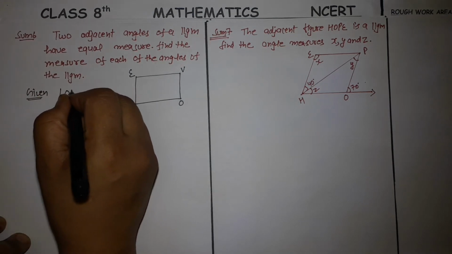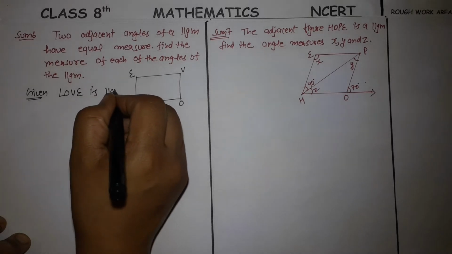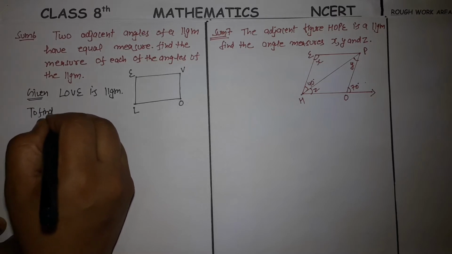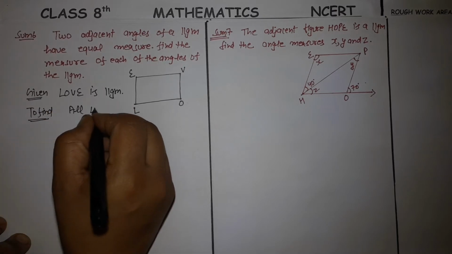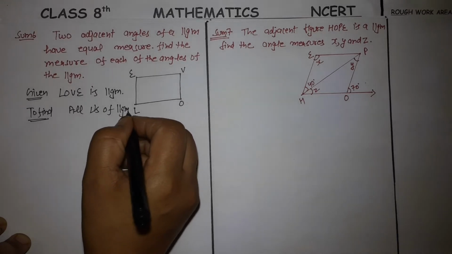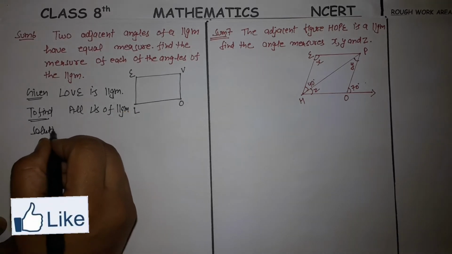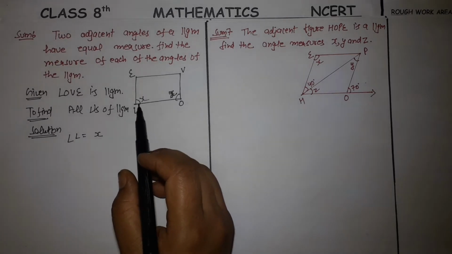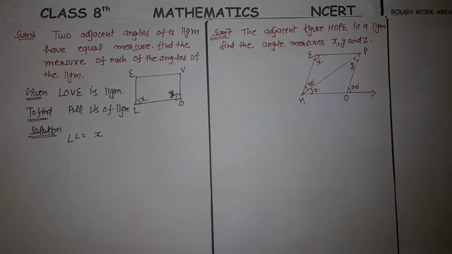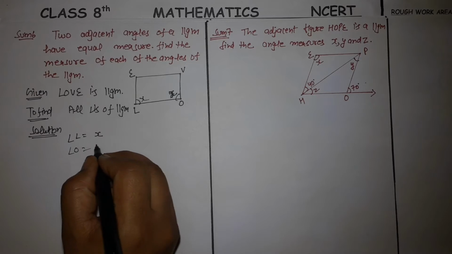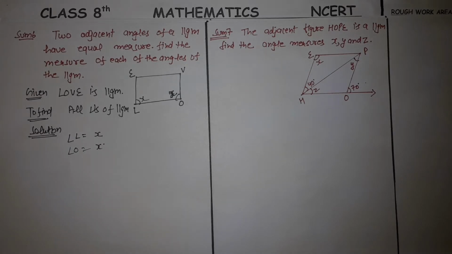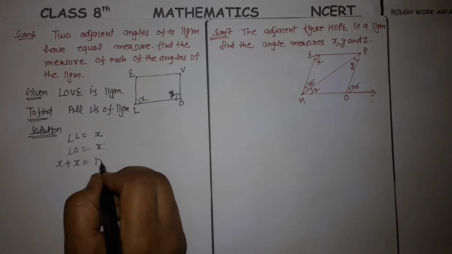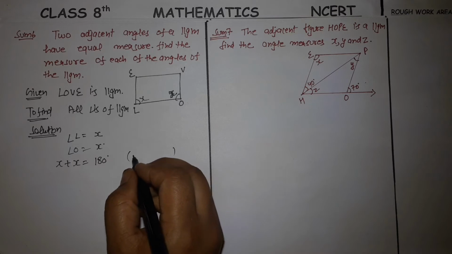Given: LOVE is a parallelogram. To find all angles of the parallelogram. Solution. I am taking angle V and angle O equal to x degrees, because two adjacent angles of a parallelogram have equal measures. Then x plus x equals 180. Reason: